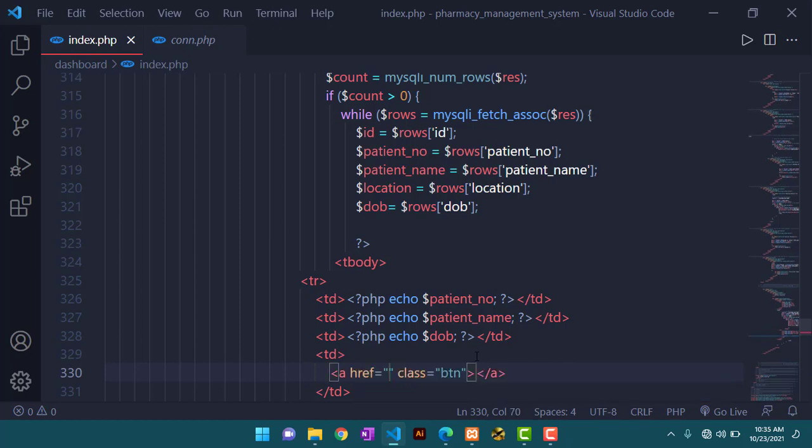And for the page here, we'll go to what we can call the prescription page. We have not yet created this page. This is where the client will now be attended to, like he or she will be issued with the drugs that have been prescribed. And to make this a full button, we are going to give it a class of btn,